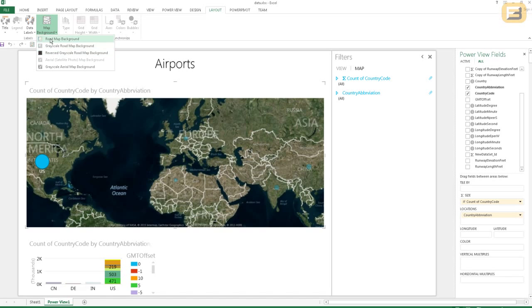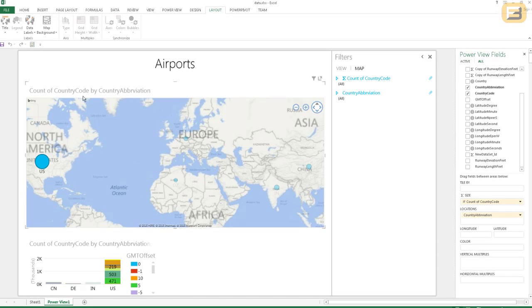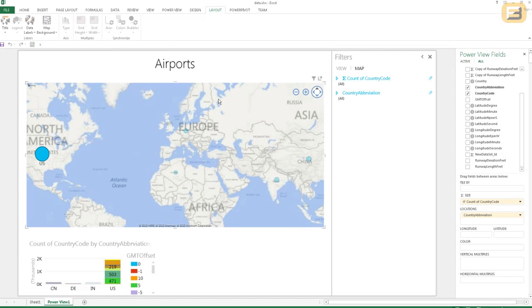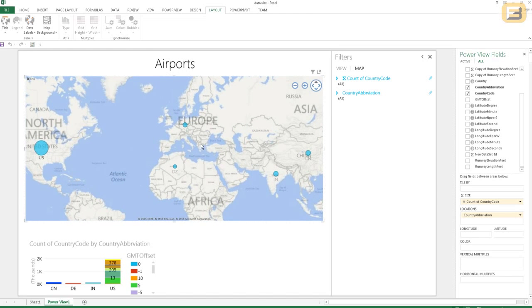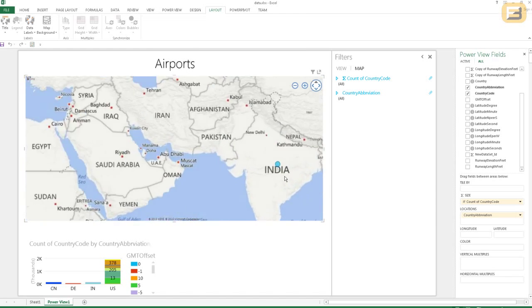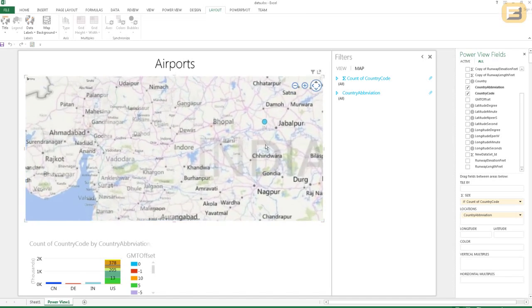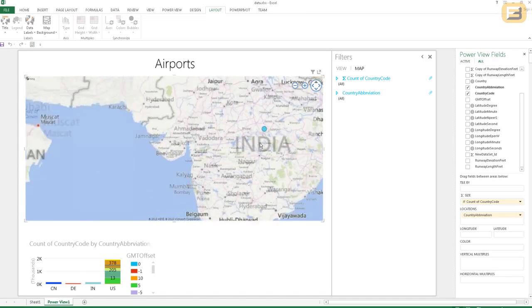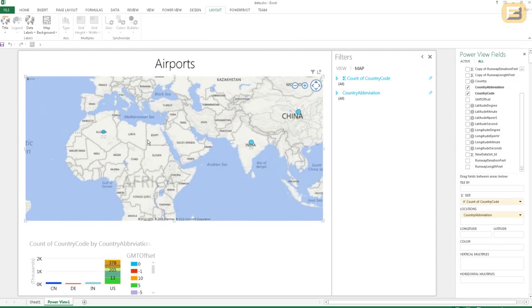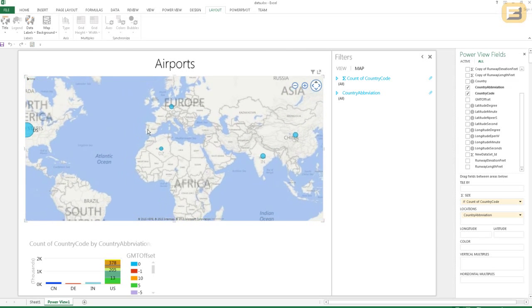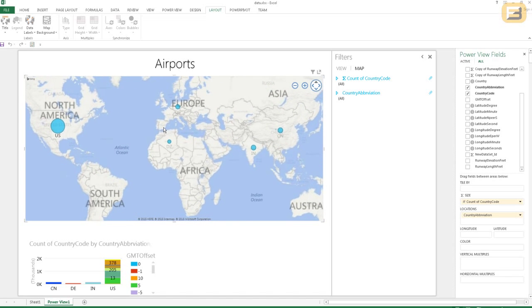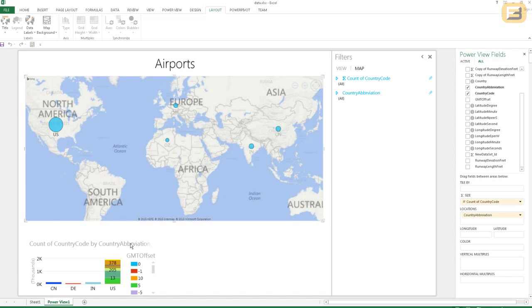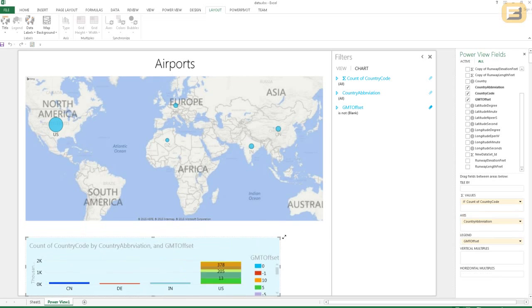So let me choose roadmap background. Much better. I'd also like to get rid of this title on the top and replace it with something that's a bit more user friendly. The other thing you might want to notice here is that you can actually interact with the map, so you can zoom in and get more and more details. This is a really powerful way to visualize certain information from a geographic standpoint. You can zoom in and show a lot more detail than what would be available right off